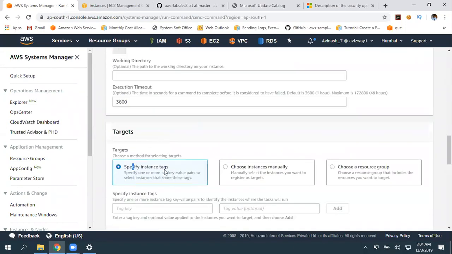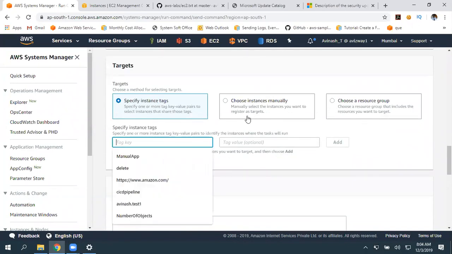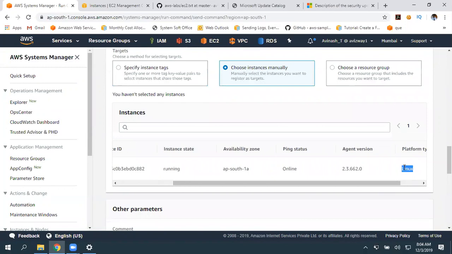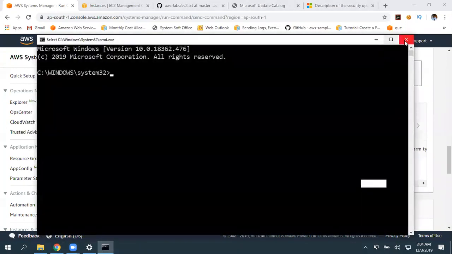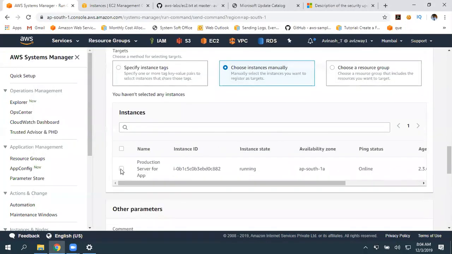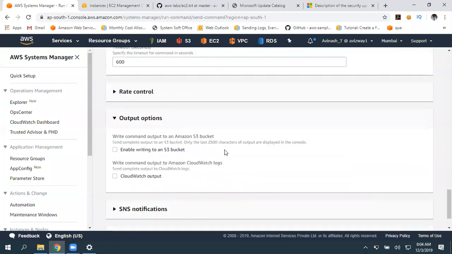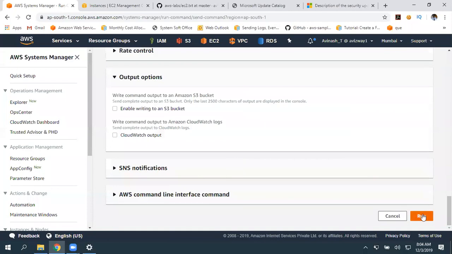Scroll down, choose instances by using tags or choose instances manually. It is showing only Linux instances. The platform is Linux, so just pick it. I don't want to write any outputs, and click on run.